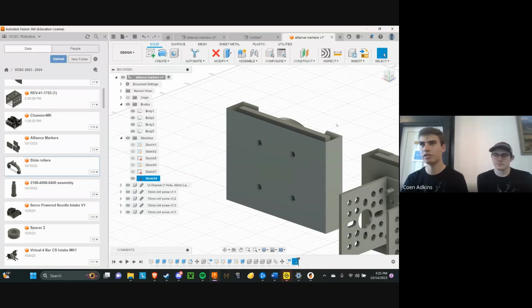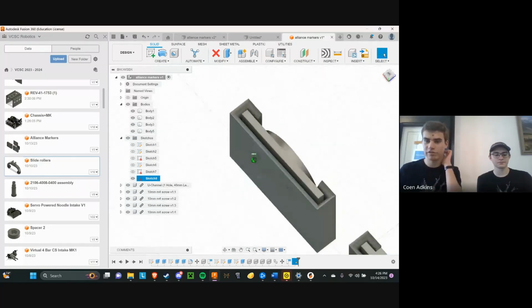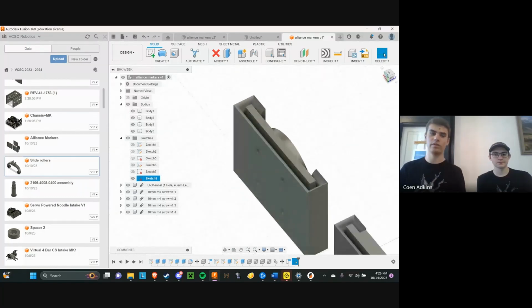Because when we first started designing things in CAD, we would design them with little to no tolerance and then go and build it and be like, why isn't it working? It worked in CAD. But things in real life have slight differences than in CAD, because CAD's perfect and real life is not. And so it's mostly through experience that we've learned to make sure that things fit together well